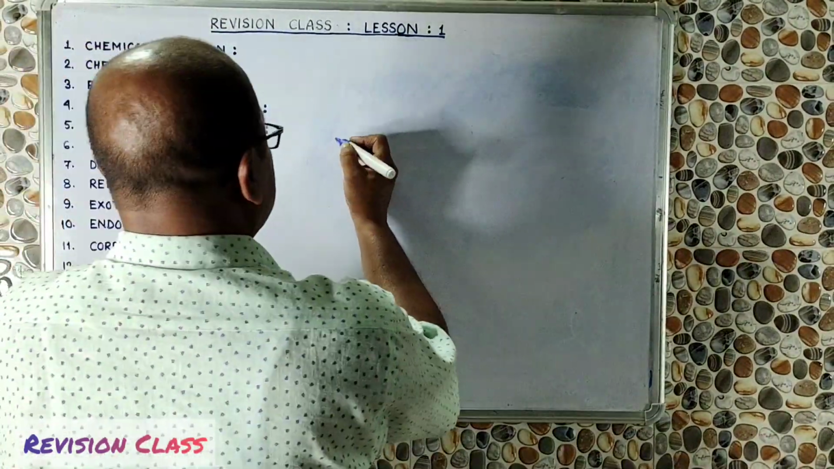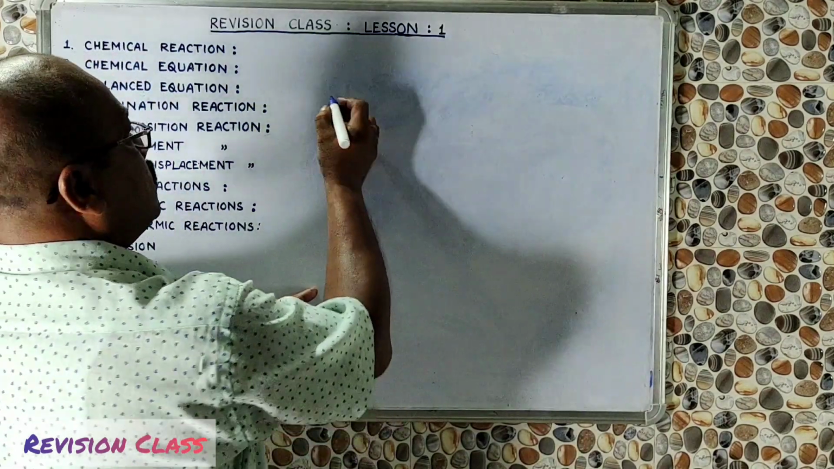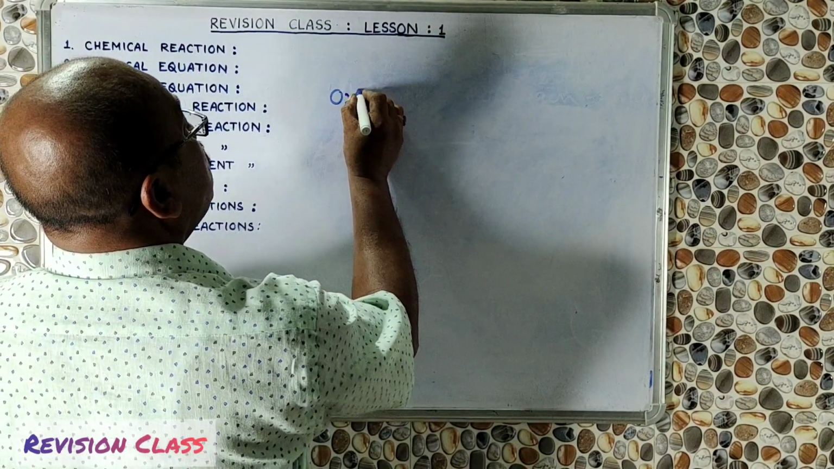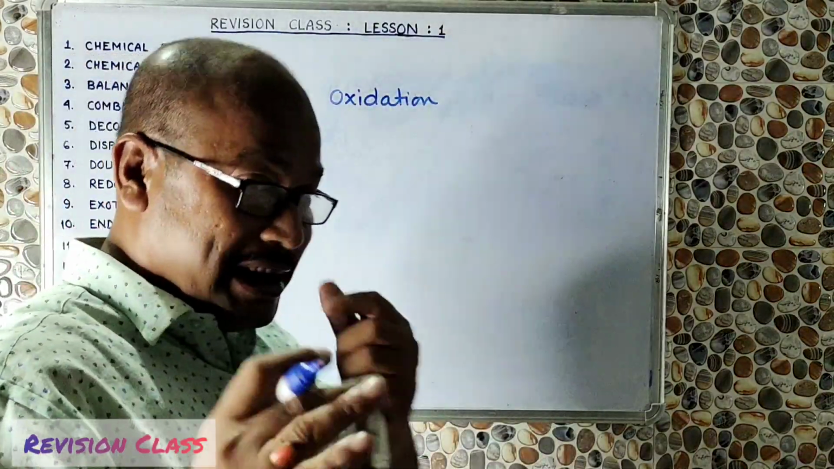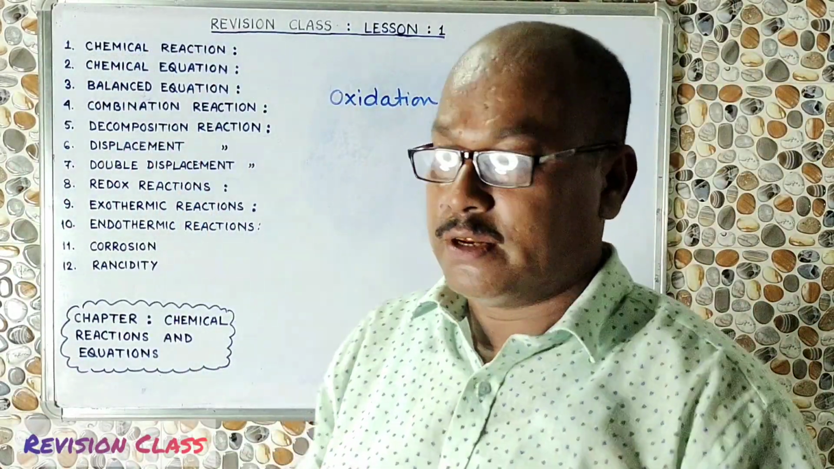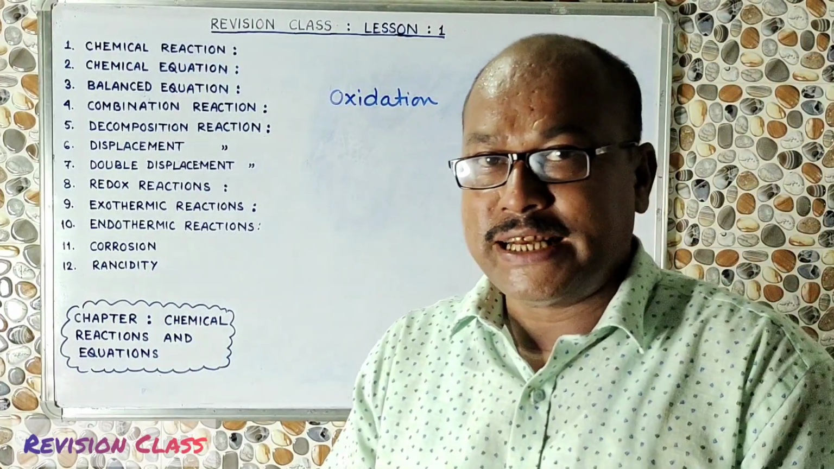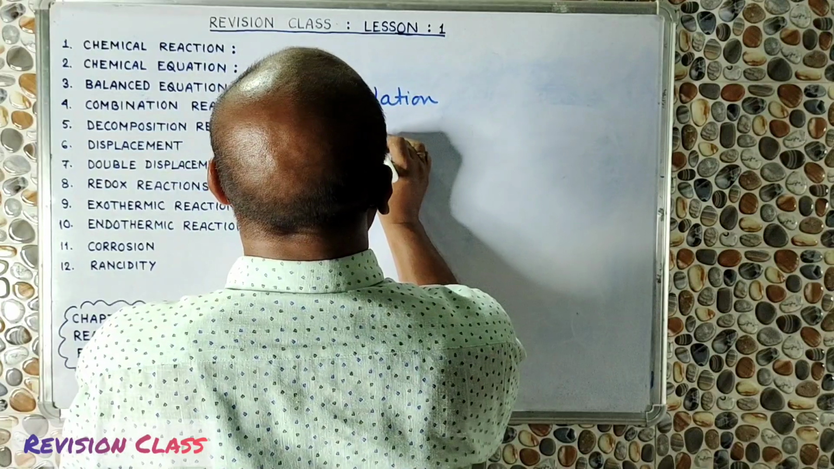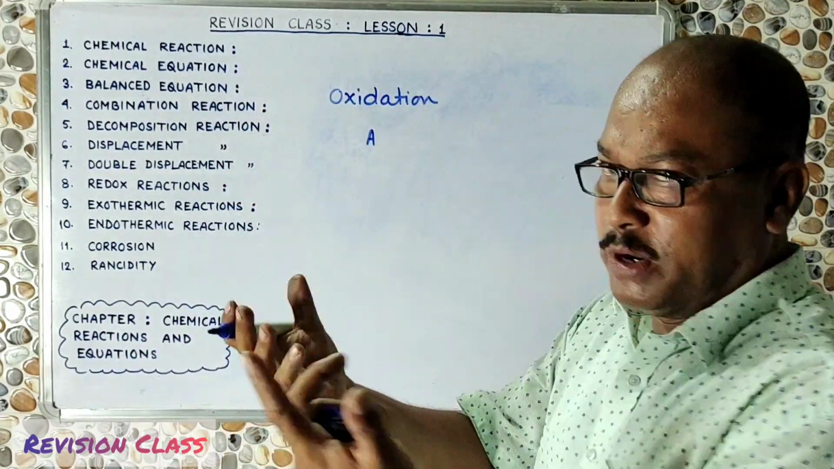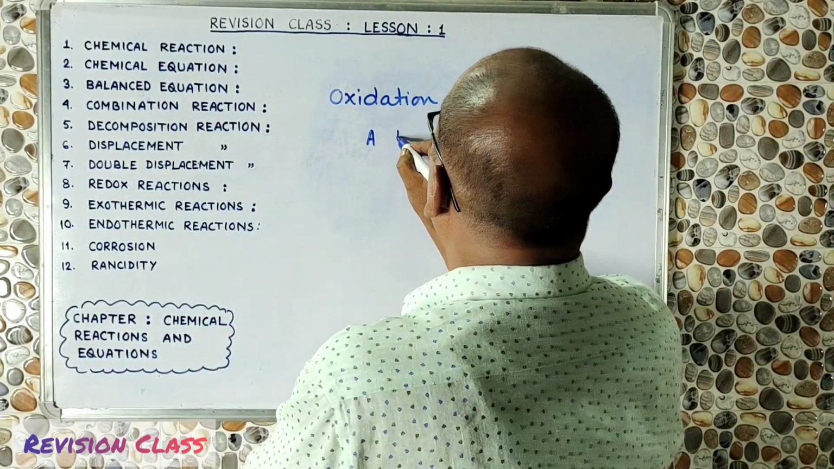The redox reactions. So what is redox reaction? To understand that, first we have to understand what is oxidation reaction. A chemical reaction is called an oxidation reaction. For your class 10 syllabus, oxidation is given very simply. Whenever to any substance, maybe A, B, C, whatever it is, oxygen is added,